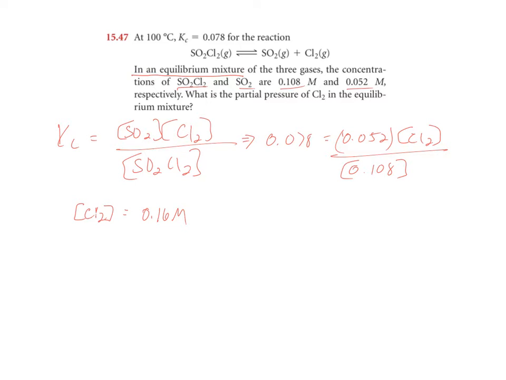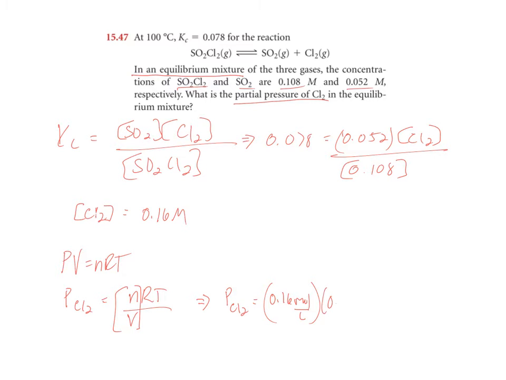So from here, we now want to find the partial pressure of Cl2. And again, we can find partial pressure using the ideal gas law relationship. So the partial pressure of Cl2 is based on its molarity, universal gas constant, and temperature. We know that N over V here represents moles per liter. That's the molarity. We already found that in our last step. So 0.16 molar, which is moles per liter. That's N over V times R